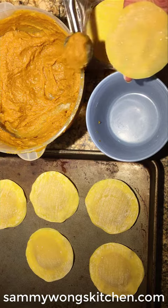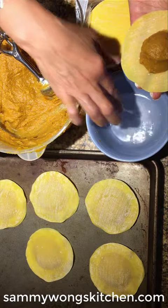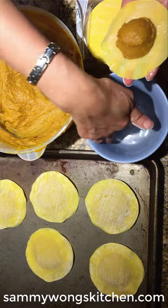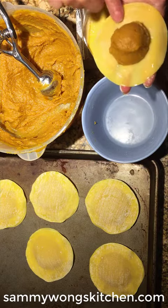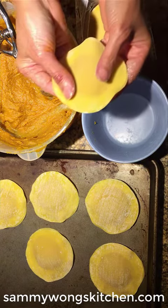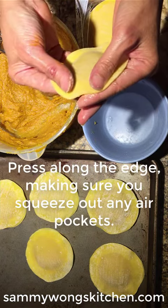I'm going to use a melon ball's worth of filling. Put it into the middle of the wrapper. Take water and just run it along the edges. Add another wrapper to the top, and here is where you're going to have to make sure that you squeeze